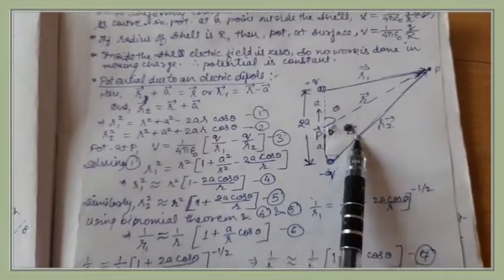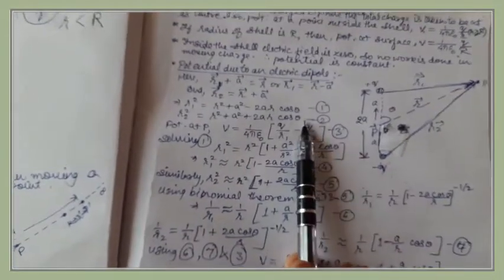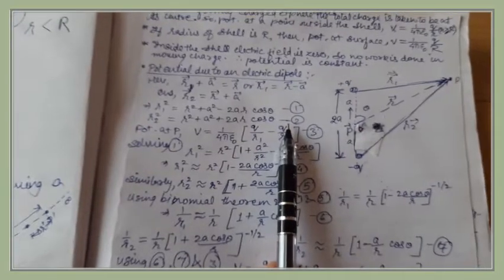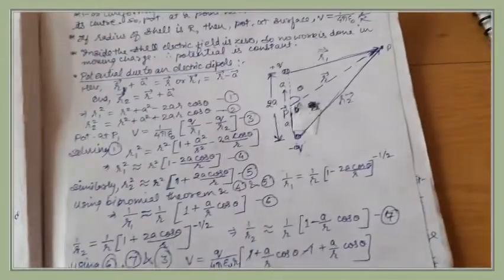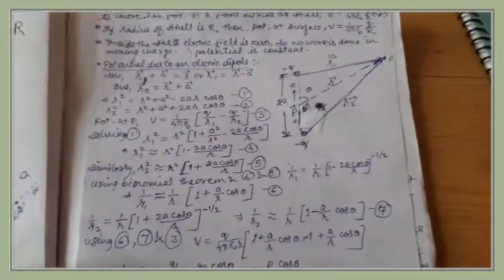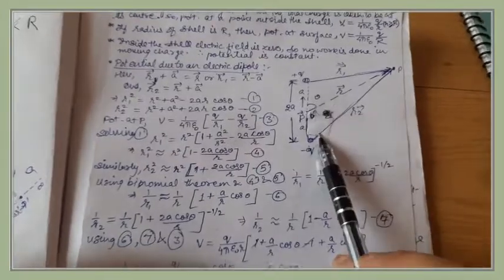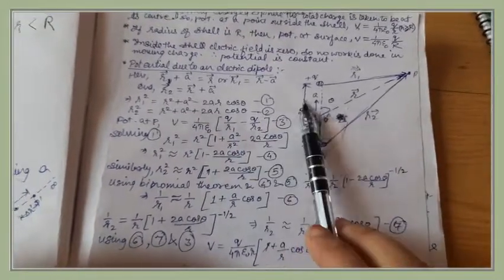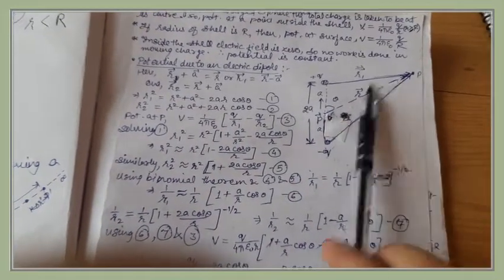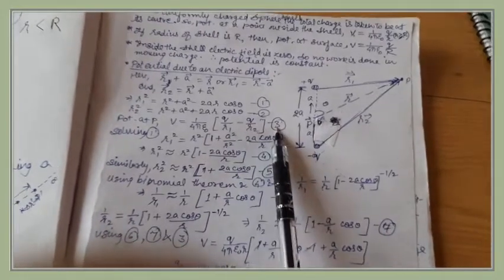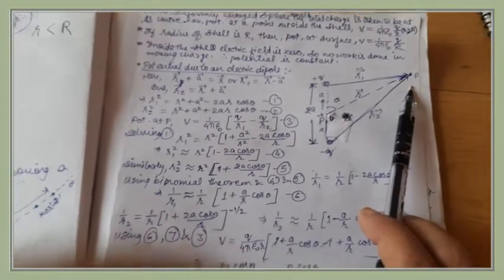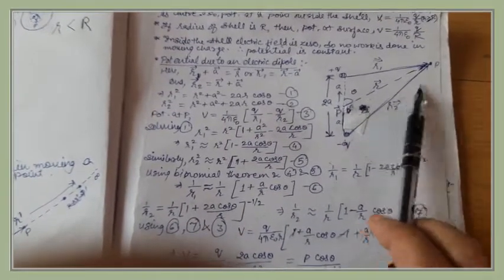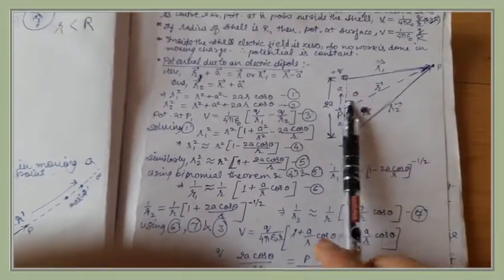So in this way we see the magnitudes of r1 square and r2 square have been determined. Now the expression for potential, because we want to determine the potential at point P due to the dipole itself. So we will find the potential due to each of the charges at point P and then take the sum of the potentials, because in order to find the total potential due to a system of charges, we have to add up the potential due to all the charges.